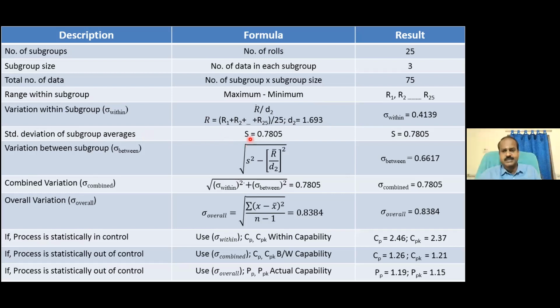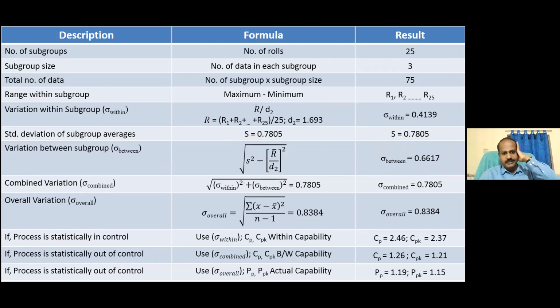Do you remember our discussion while talking about reproducibility? During reproducibility, since the average is calculated using some data, we subtract a small repeatability component. Same adjustment we are doing here. In order to get the variation between the subgroups, I again do the same logic: S squared minus (R bar by D2) whole squared. So that gives me sigma between. Now, do you understand what is sigma between? Primarily, it is the variation in the averages, but some adjustment is done, and now sigma between is arrived.